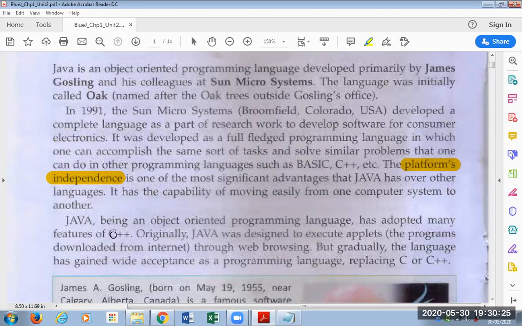Originally, Java was designed to execute applets, the programs downloaded from the internet. Let me tell you what applets are.